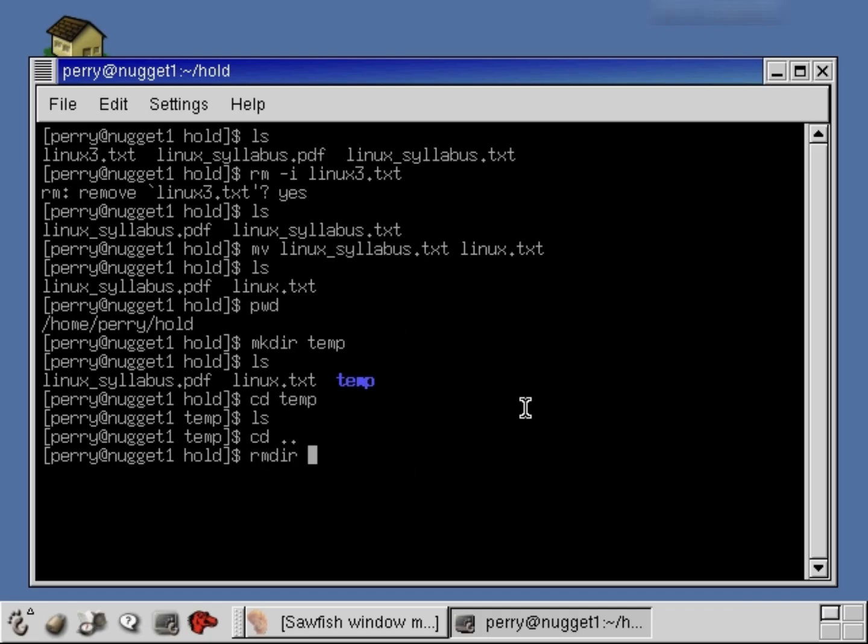You'll have to remove all the files inside of it first and then remove the directory itself. And that's just kind of a precaution. You don't want to be able to remove some directory accidentally and then all of a sudden, I don't know, you've deleted all these important files. So that way it just makes sure that you've deleted all the files first, then you're allowed to remove the